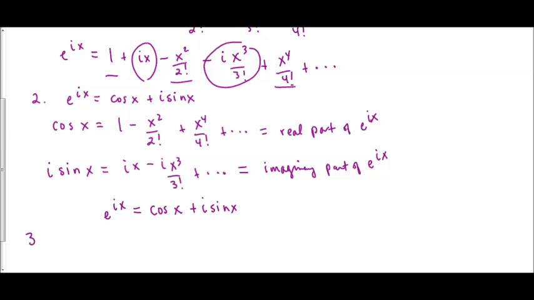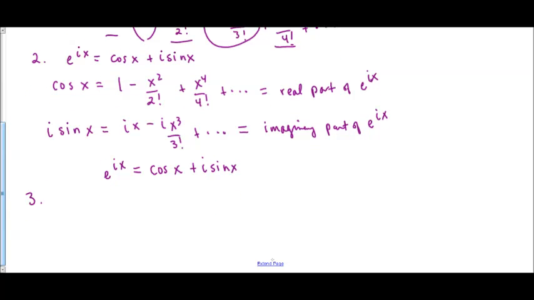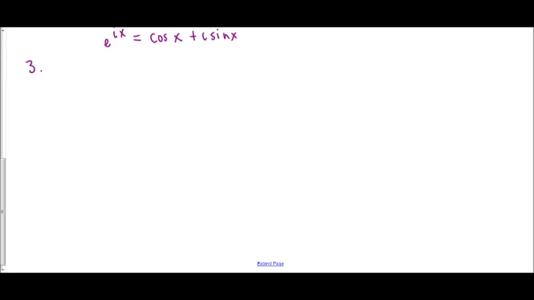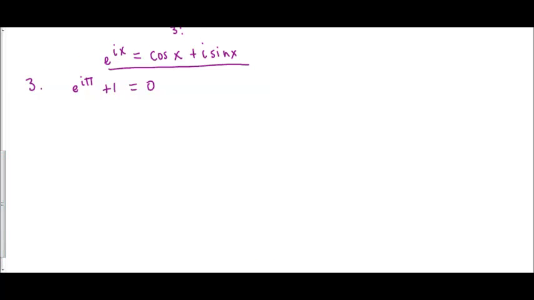And then we can move on to part 3, which says use Euler's formula to prove that e to the i pi plus 1 is equal to 0. So let's give ourselves a little more room here. And we want to show that e to the i pi plus 1 is equal to 0. Well, we're going to use Euler's formula, which is sitting right here, and use that to expand e to the i pi. And so we can write it as cosine pi plus i sine pi